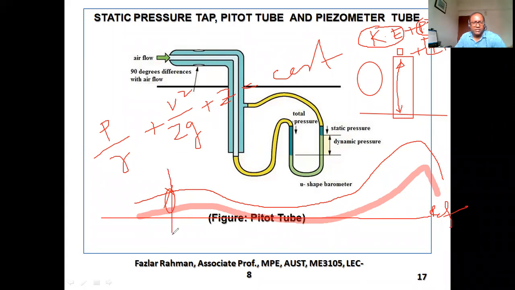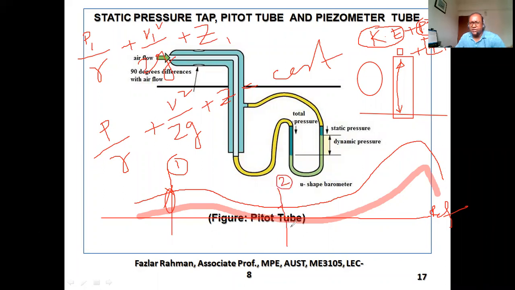So I'm applying Bernoulli's equation right over here. I'm saying this is point 1. Then what will be the energy right over here? P1 by gamma plus V1 squared by 2g plus Z1. Z1 means the height from your reference line. If this is the reference, say this is Z1. Now you're taking right over here, what is your Z? If this is point 2, how much will be Z2? Very small, right? Then this will be equal to P2 by gamma